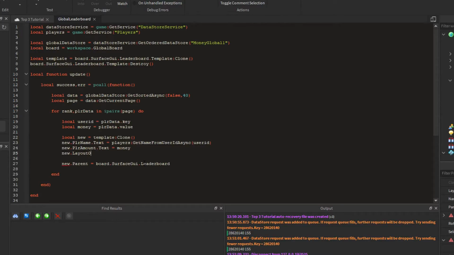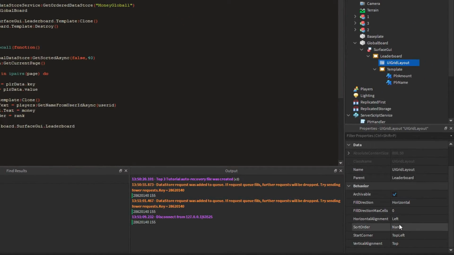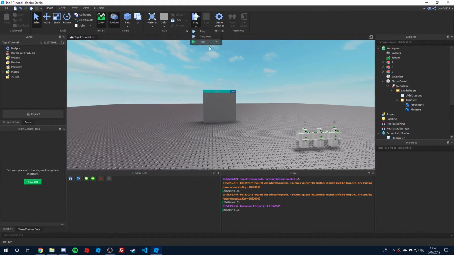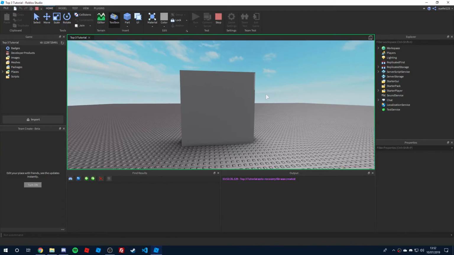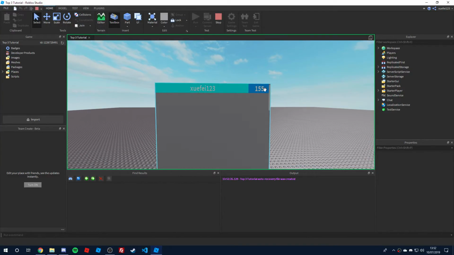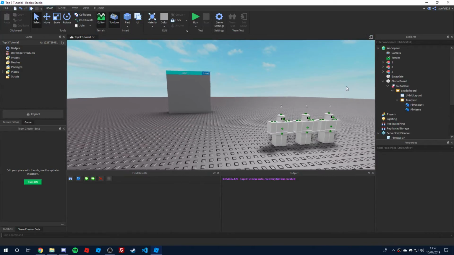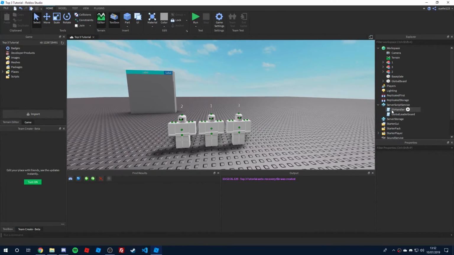New.layout order is equal to rank, and in the UI grid layout, make the sort order layout order. Okay, so now we go and test it. It should display, yep, Shufi123, 155. Okay, so next we will want to have,